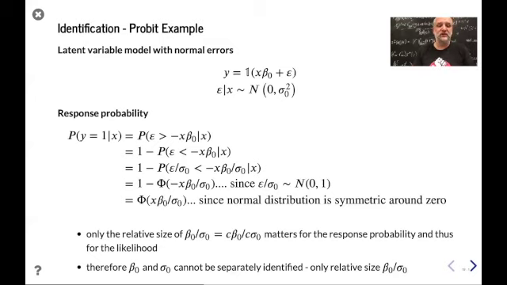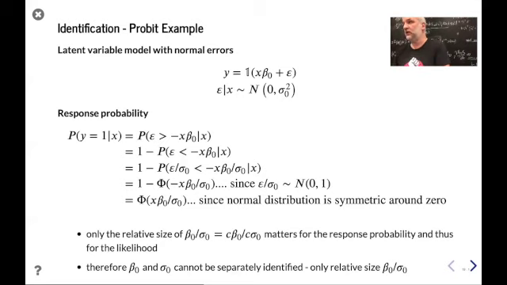We cannot identify beta and sigma squared separately, only their relative size. And this is in contrast to the linear model, right? If we were to observe this y star, then we would be able to estimate both the betas